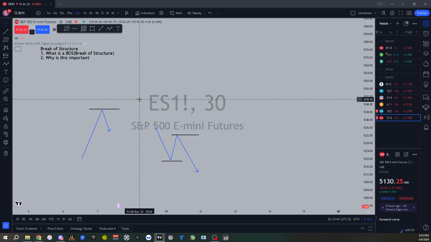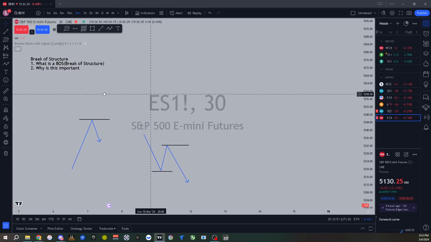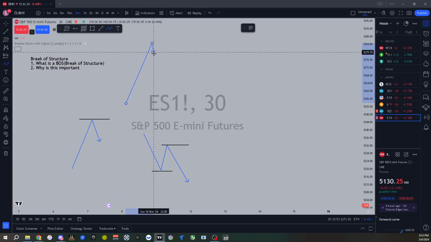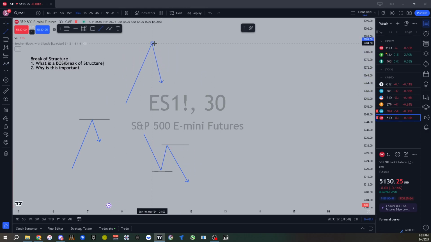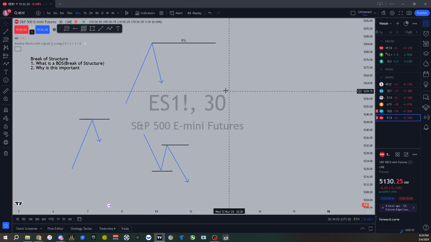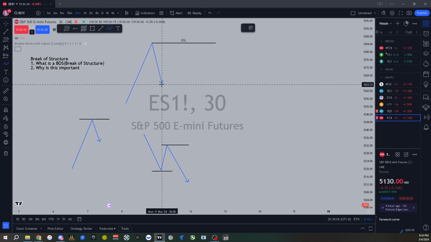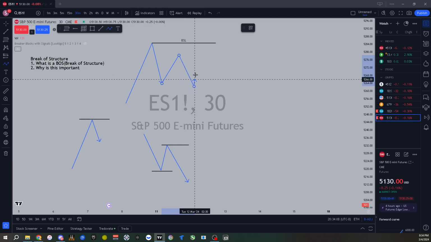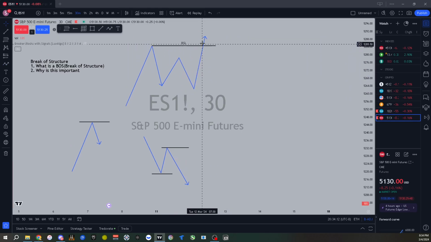Why is this important? What am I trying to make a point here? What is a break of structure? So we went over this in the liquidity video, right? When you have something like this, right? This is resting liquidity, right? We can consider this buy side liquidity. So what happens to price? It moves around. We take out, this is a liquidity sweep, right? We took out buy side, we swept, and then we continue down,